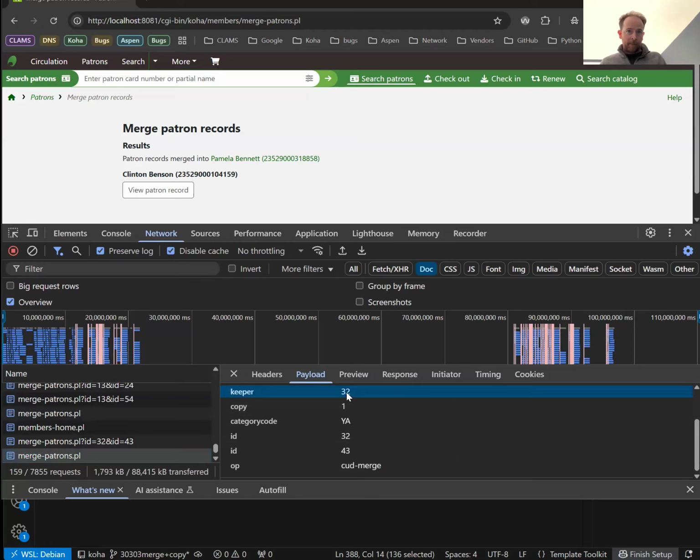the record that you want to keep, both of the IDs of the two records that you're merging, and then what I added to the form is this field to let you know that you're going to be copying some values, and whatever boxes that you click, it sends those values over. So like I clicked category code. So now on the back end,